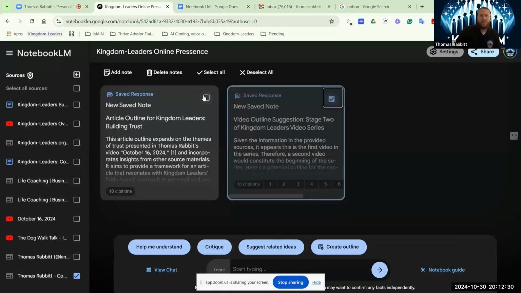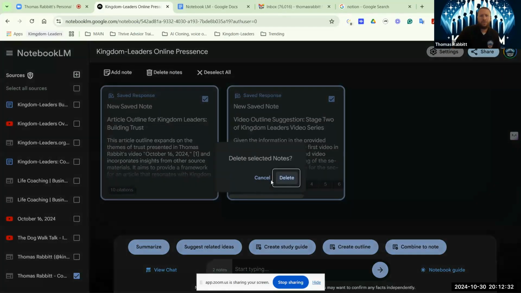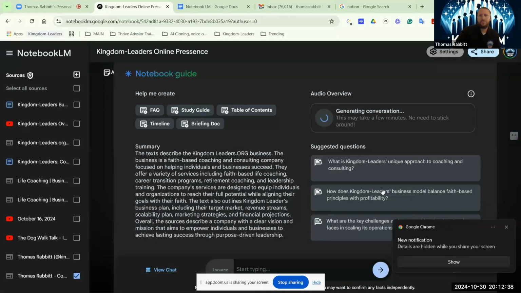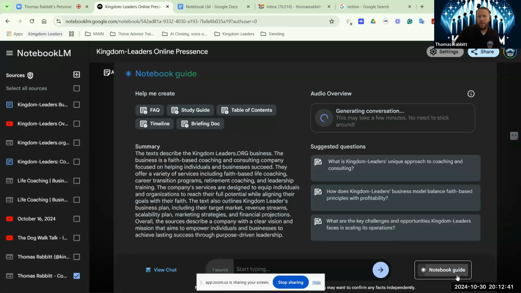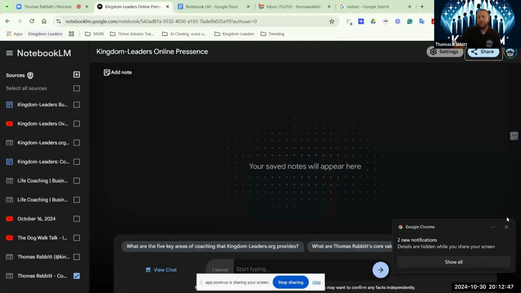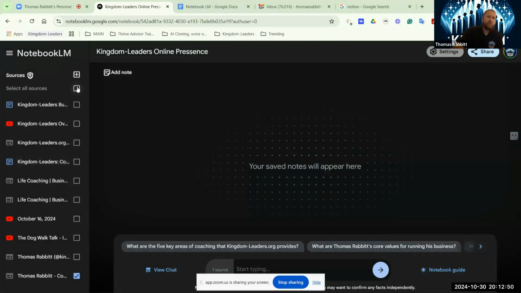So I'm going to go ahead. I don't need these notes. I'm going to go ahead and delete those notes. See if it's done. It's not done. Anyway, so I do the chat. Once again, I can share this. Don't forget about that. It's a really cool feature, and I can click on all of these, right, all at the same time. And now I can formulate my strategy based off of all the videos I have on YouTube, all of the articles and posts and everything else that I have on LinkedIn, and then also all of the great information that I have on TikTok or wherever, and then the website combined, and make sure that it all aligns properly.